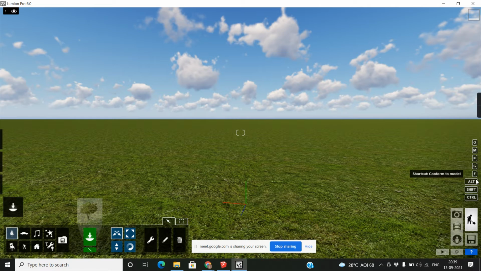Look at that, another shortcut. O is orbit camera. This is along the z-axis and along the x-axis. The shortcut always places on terrain, and this one is to confirm the model, Alt moves the model level, and copy in place if you want to move and copy. Shift keeps the same height, and Control is for box selection.